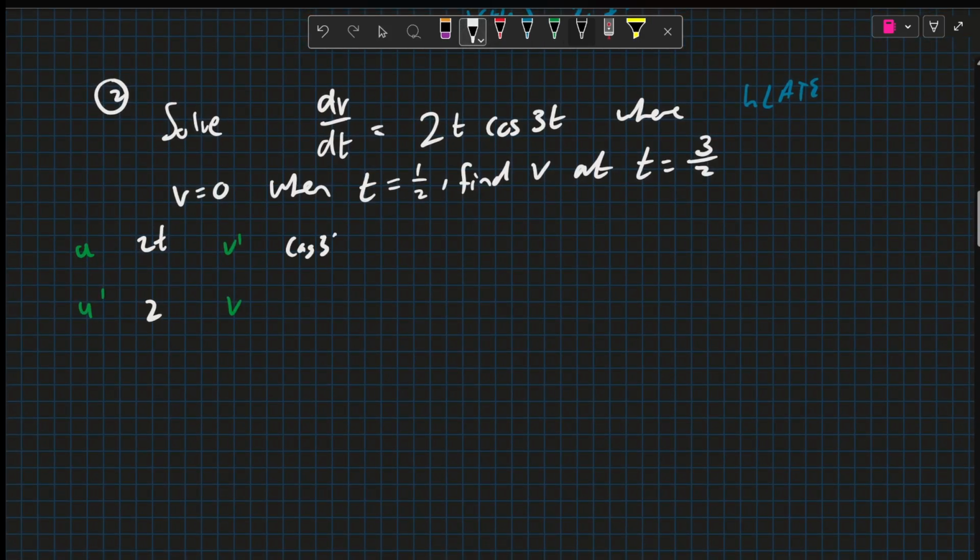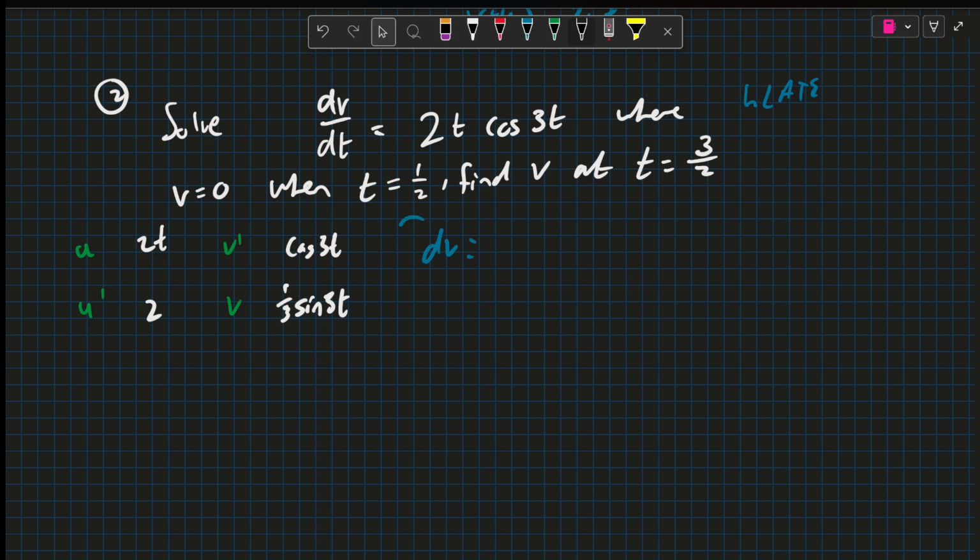So we get cosine 3t. If we integrate that, cos integrates to sine. The 3 comes out, so we get 1/3 sine of 3t. Now the formula for this, well, we could actually integrate both sides first. So we'll get